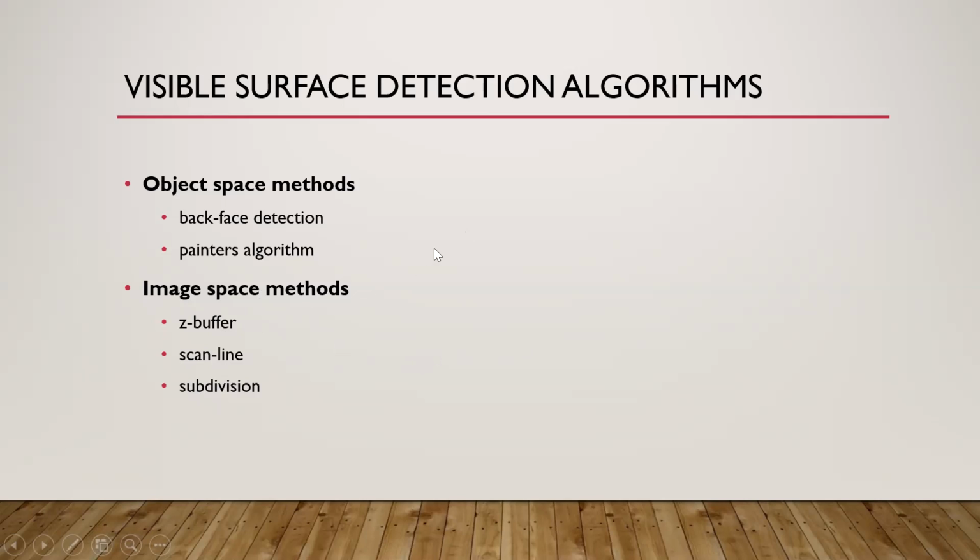Now remember, in the exam they can ask you to explain any two object space methods, or explain any two image space methods. They are not going to ask you all the algorithms at one stretch. Instead they might ask you any two, or they might simply say explain object space methods. In that case you will have to explain all the algorithms available in object space, or all the algorithms available in image space. In general they can also ask you to explain any two algorithms under hidden surface detection. So you can select one from object and one from image. That's how it's going to be asked.